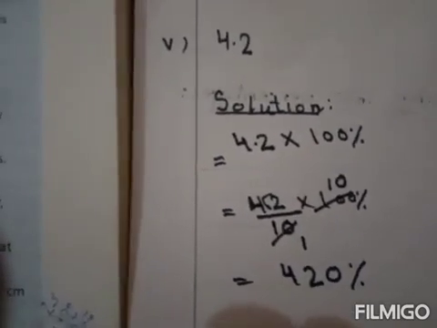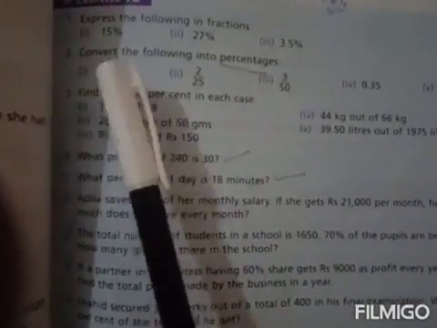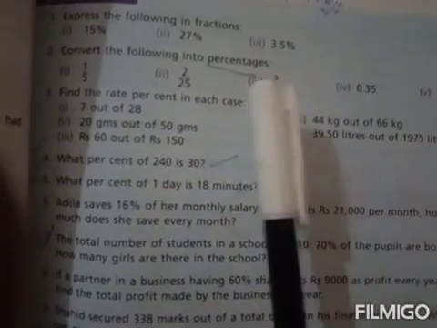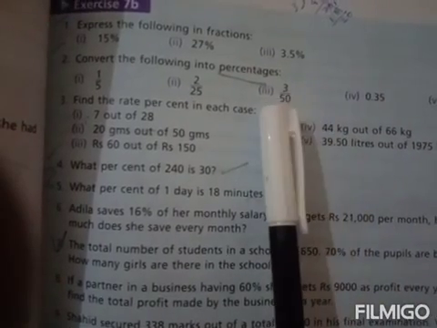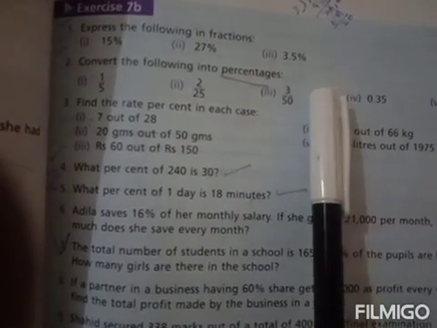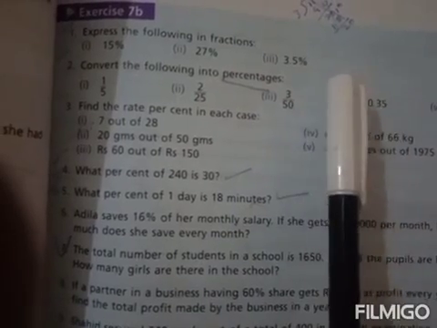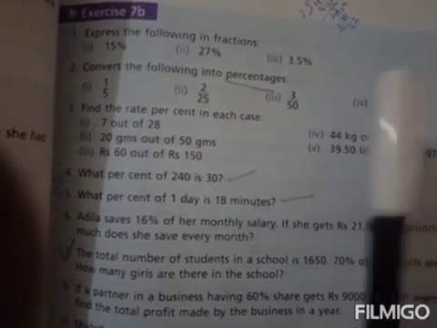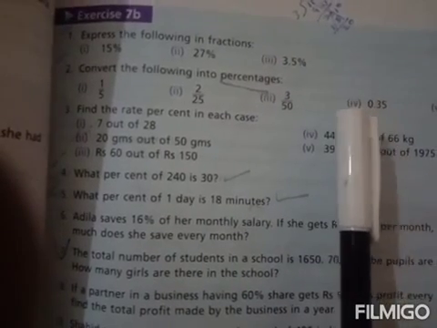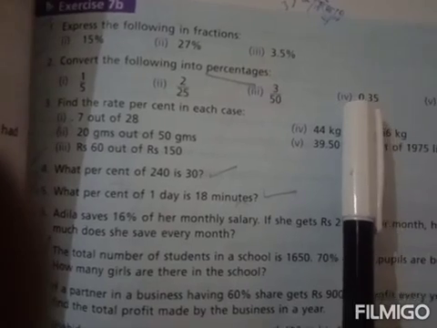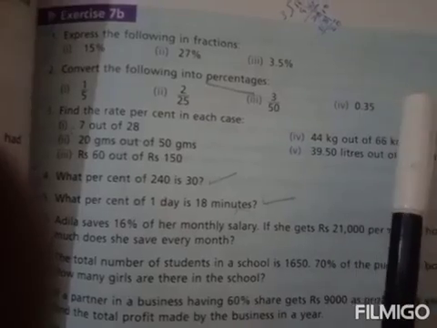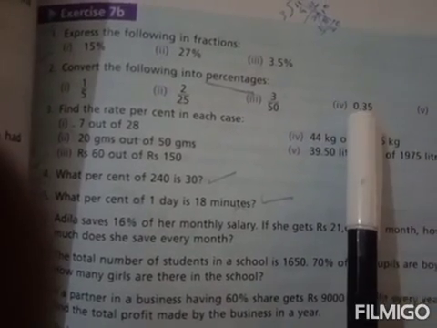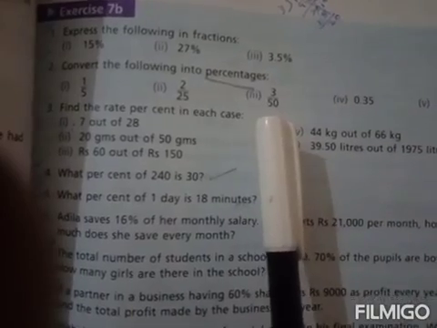That's all. Okay, students, I have done question number 2, parts 1, 2 and 5. You will do parts 3 and 4 by yourself. In part 3, you will multiply it by 100%. So 5 ones are 5, 5 twos are 10, 5 twenties are 100, and then you will multiply and you will easily get the answer. In the 4th part, you will remove the point. It will be 35 over 100. Multiply by 100%. 100 and 100 cancel. So 35% will be your answer.